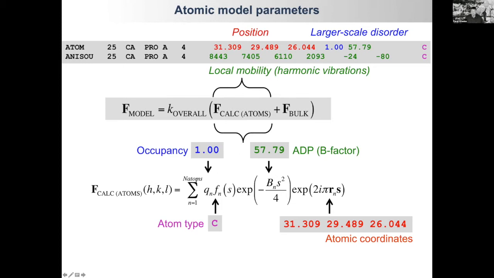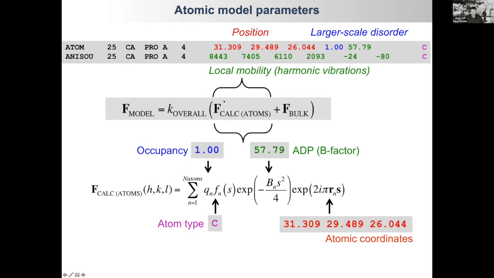Basically, that's the sum over all atoms. This is where atom type goes in. That's the form factor, the scattering factor that describes how your atom scatters in the diffraction experiment. That's where occupancy goes in. That's the B factor term. And that's the phase term, where the coordinates go into this formula. So it looks pretty trivial, right? You have atomic parameters, coordinates, B factors, occupancies, use this formula, and here you go, you calculate your F-calc for the atomic part of